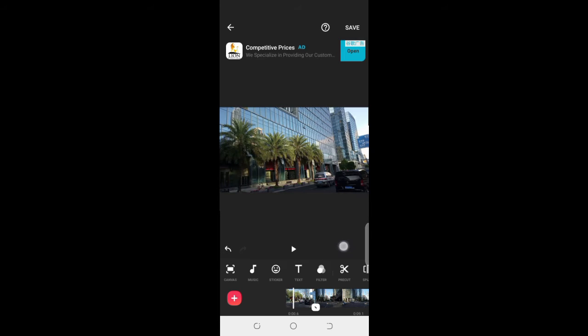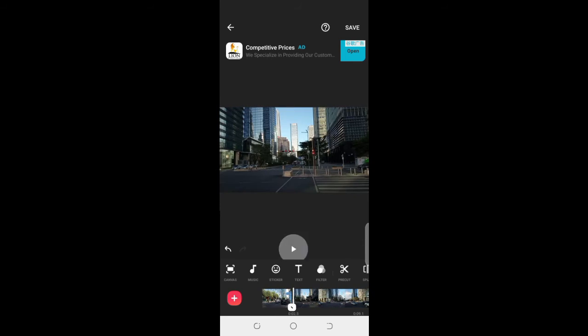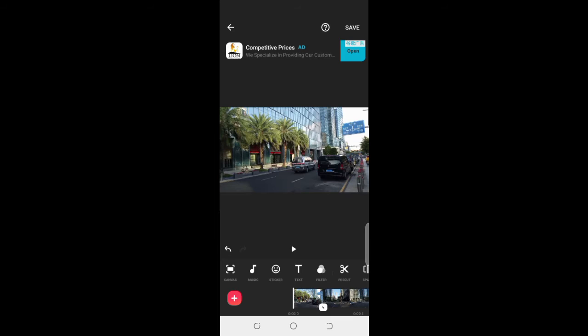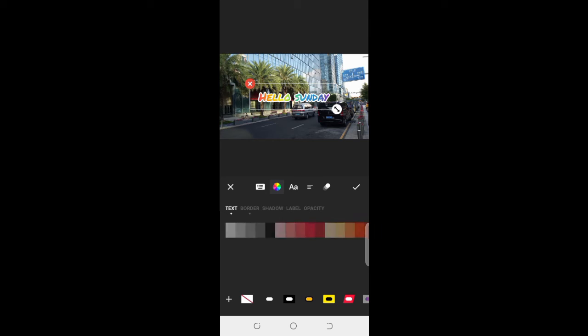Here you could just listen to once again. So it's very simple to use. To add a text, it's also very easy. Just tap on the text. For example, I just type on the Hello Sunday, and you could change any color for the